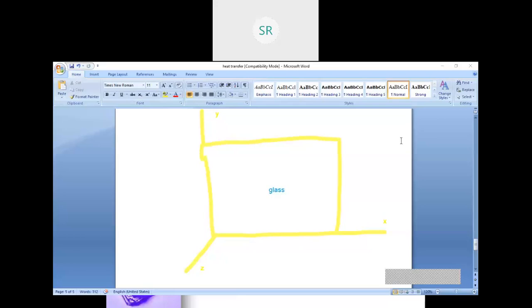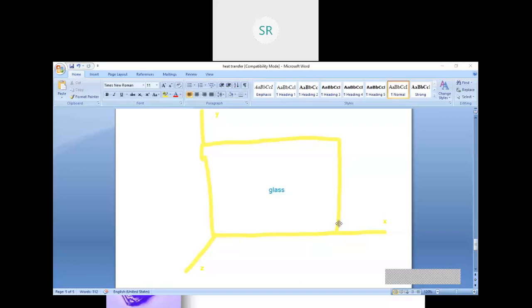That means my etching process is the same in all directions. So this is for the isotropic.